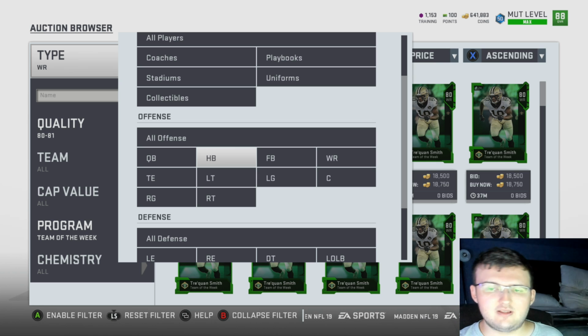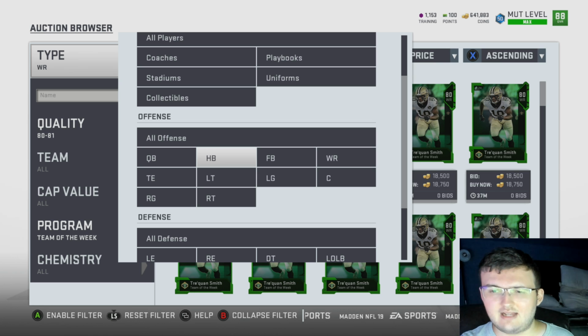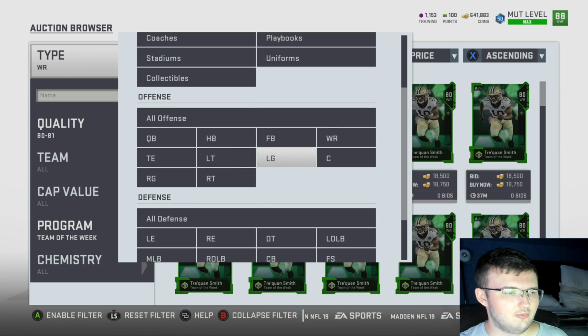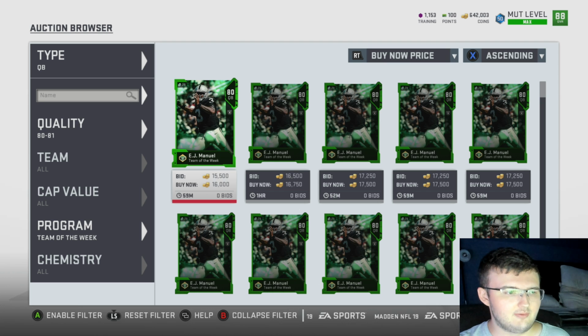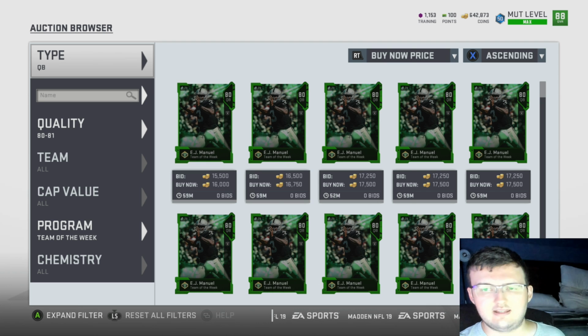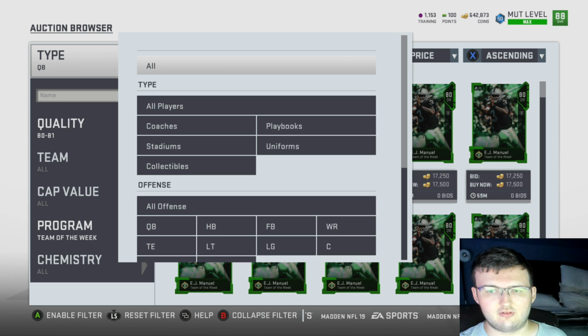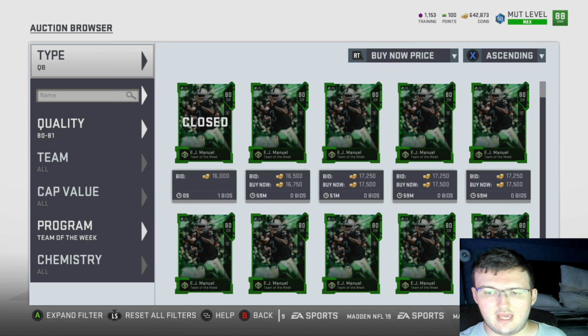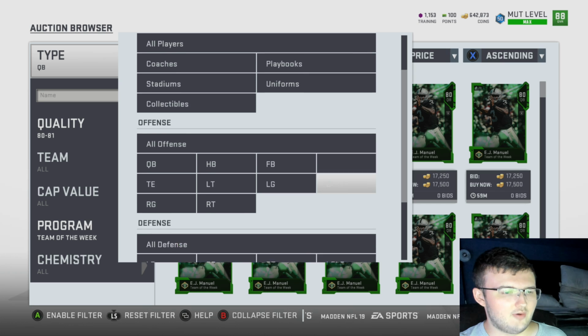A good tip is to go to muthead.com. The reason I say go to muthead.com is because you can see a list of all the players on the Team of the Week promo, so you can get a good idea of what players you want to personally snipe. For example, that's what I'm doing in this video: going to muthead.com, and I can see, okay, it looks like the next 80 overall card I want to go to is